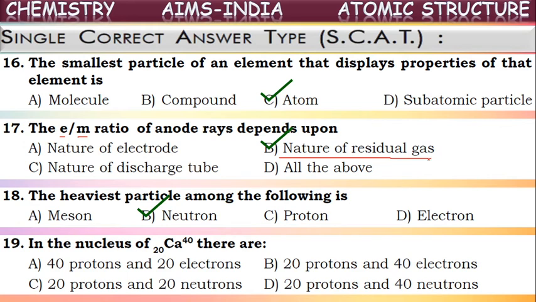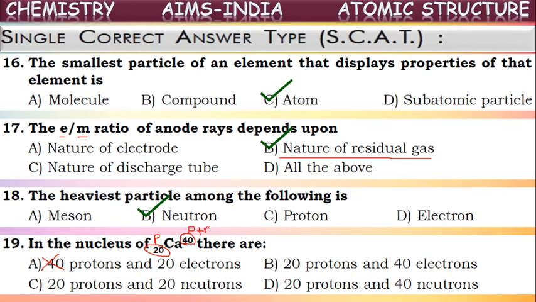Next one. In the nucleus of calcium, what does it contain? Protons and neutrons. So how many protons are there? How many neutrons are there? From the numbers mentioned here we can identify them. This subscript number gives its atomic number, nothing but the number of protons. So the number of protons is 20. We can eliminate this option because it mentions 40 protons. Now we have to get the number of neutrons. This mass number represents the sum of the protons plus neutrons.